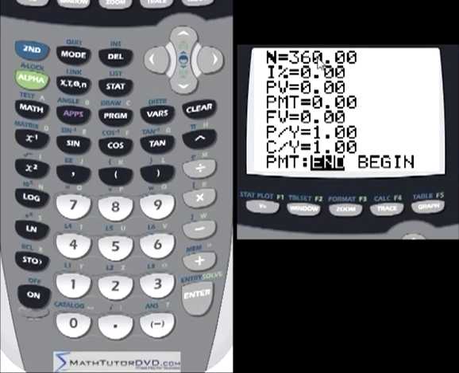So this is how many payments you have. If you had a 5-year car note, it would be 60 payments, so you'd put 60 here. So whatever the term is that you have, however many